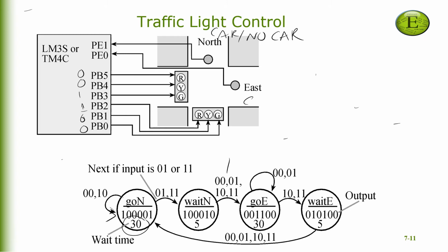What that means is that the green signal is turned on for east traffic, and the red signal is turned on for the north traffic. And in this case, we shall wait for 30 seconds before making a decision on the transition. So one of the things to note over here is to wait for 30 seconds